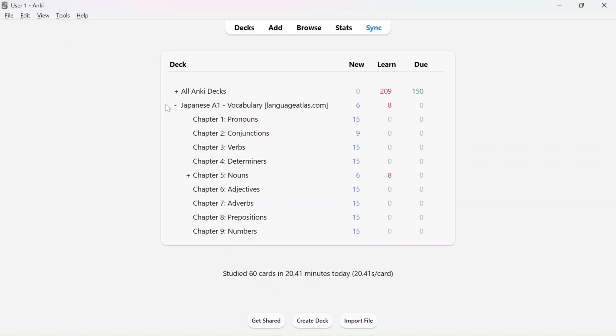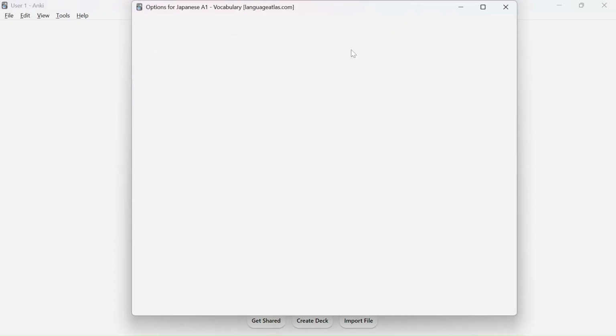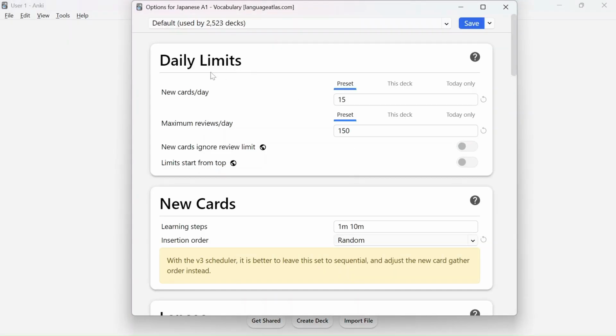Now there's one more thing that I would like to share with you. Many people ask me, Sam, how do you regulate the amount of cards that you see every day? And what are the best settings for Anki? So this is what I'll show you now. Next to the Japanese A1 Vocabulary Anki deck, you can tell that there's a little icon over here. If I click on it, then I'll click on Options, a pop-up opens,